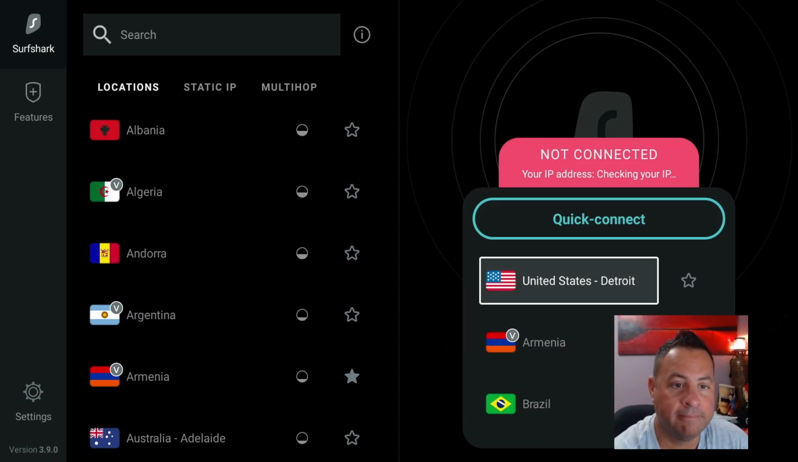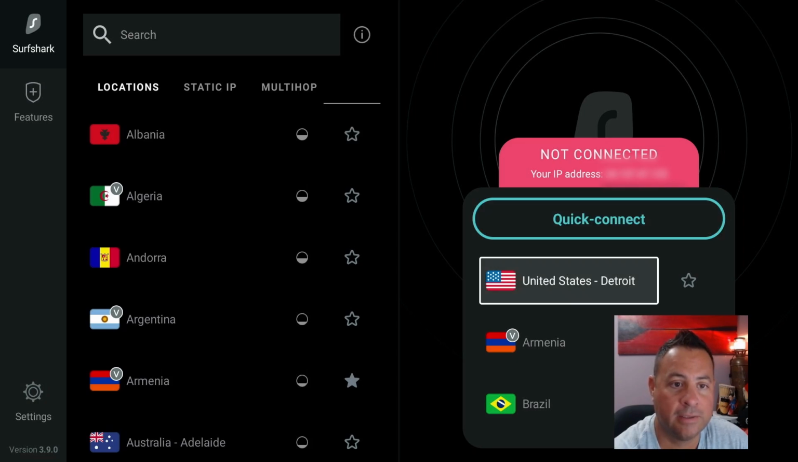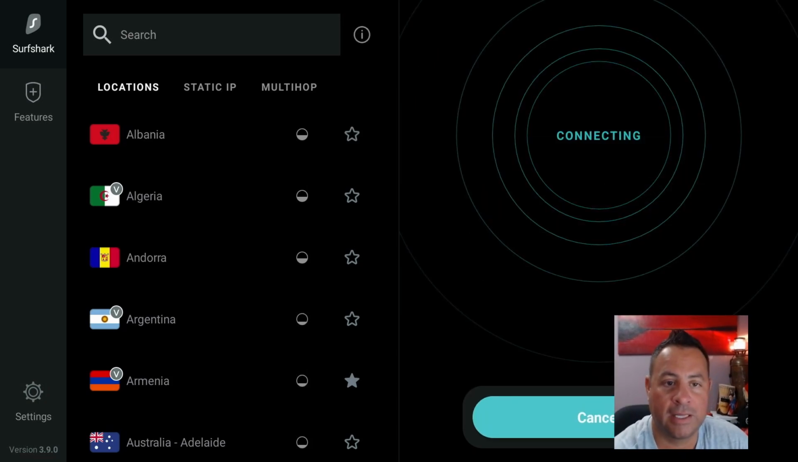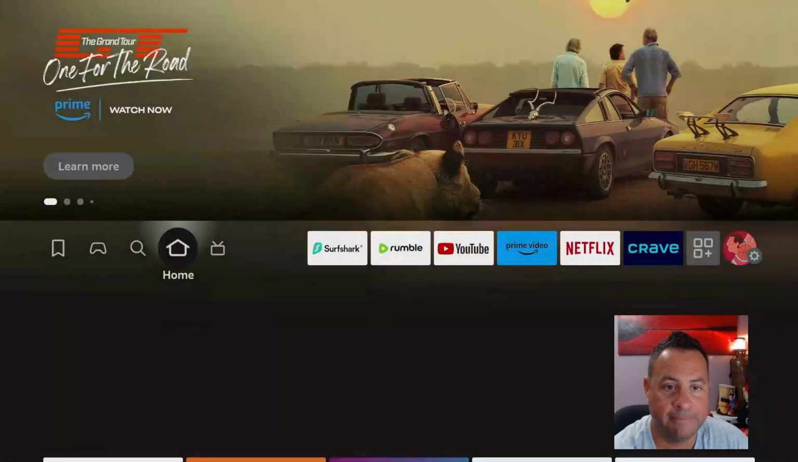Once you've logged in, look for the area you want to be. Right now it says I'm not connected. And I'm going to click Detroit. Now it's connected. My online activity is secure. Head back to the home screen